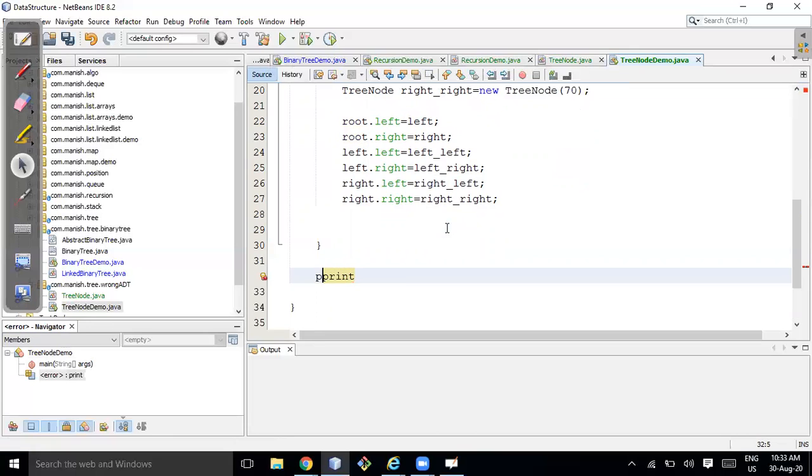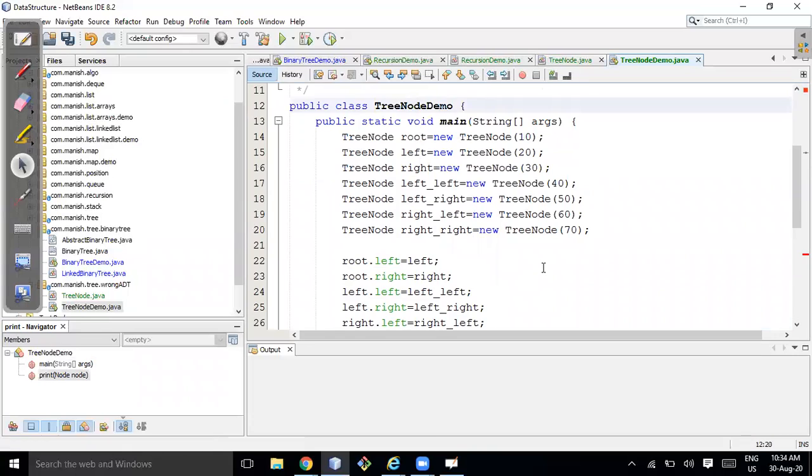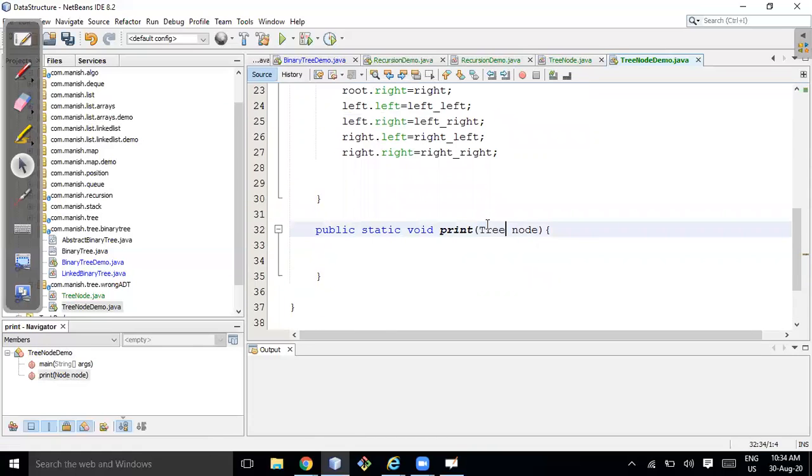I'll create one public static void print, and here I'll be passing the root node. Instead of node, I should write TreeNode, right? TreeNode is the class that has been created. Then how can we print this?